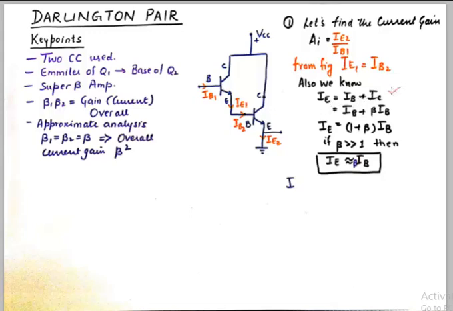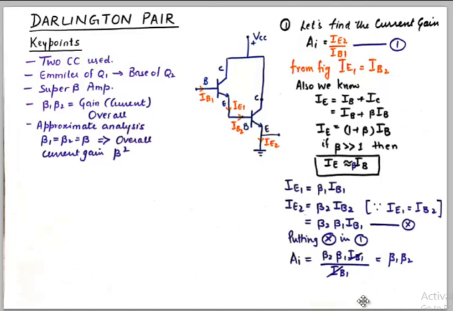We know this from the basics of transistors, and IC is beta times IB, so we can say IE is 1 plus beta times IB. This is a well-known relation, and if beta is greater than 1, then I can approximate my IE to be equivalent to beta times IB. So this is the first approximation that we take,